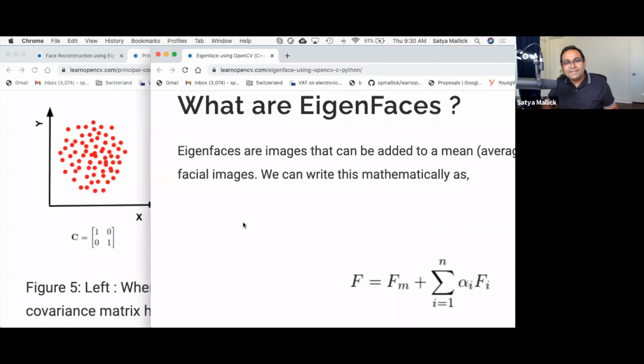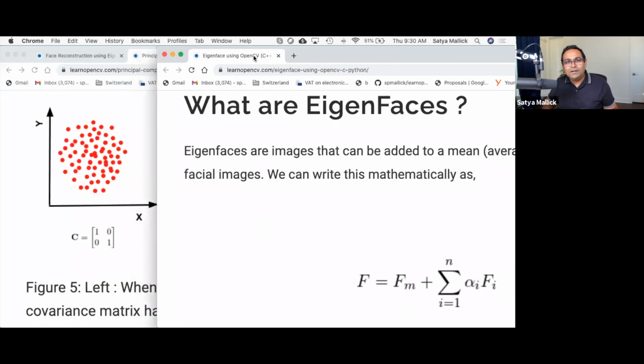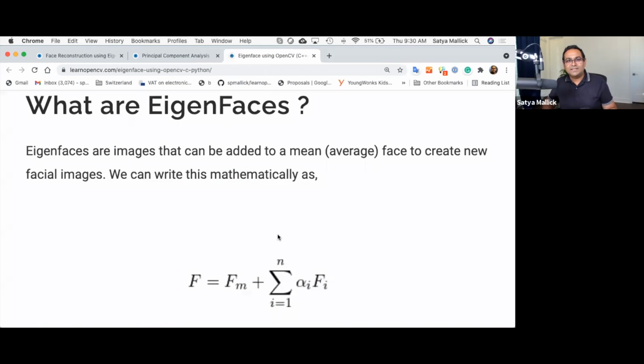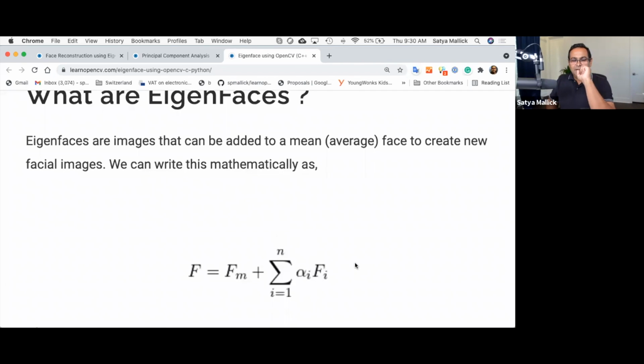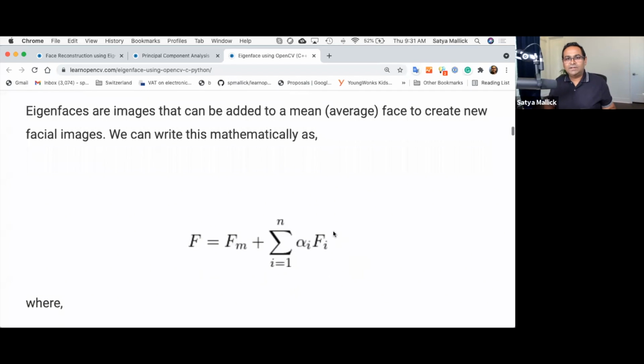Now, let's see how we apply these concepts to faces. When we create an eigenvector, it is basically a face. It's the same dimension as the face. We can create new faces from the eigenvectors we have created for the face images by simply using this formula. And let me explain what